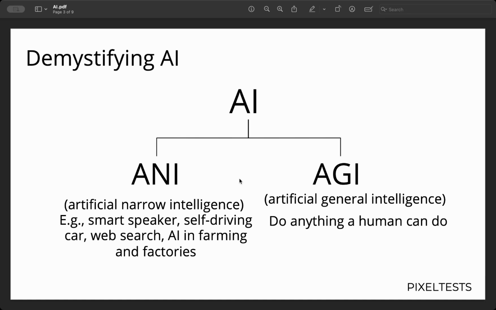And towards the right end, we have AGI, which is artificial general intelligence. This is the AI that you see in the movies, where it can do anything that a human can do, right? But we are very far from AGI at this stage. This is predicted by scientists that we are not yet there.